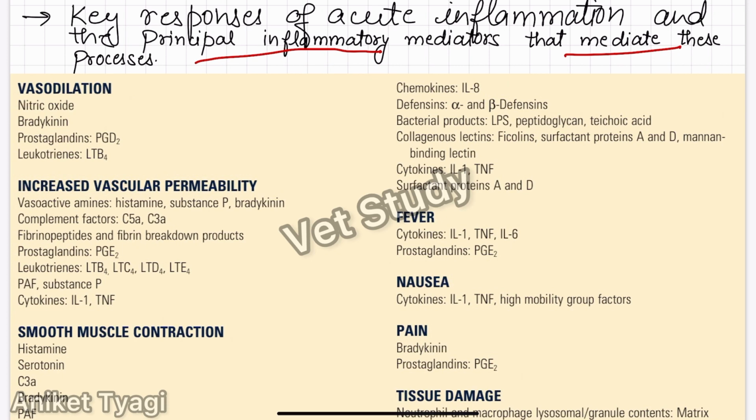So the first is vasodilation. Mainly vasodilation occurs due to different chemicals like nitric oxide, bradykinin, prostaglandin and leukotrienes. Then there will be increased vascular permeability. Increased vascular permeability is due to the vasoactive amines like histamine, substance P, bradykinins, complement factors C5a, C3a,